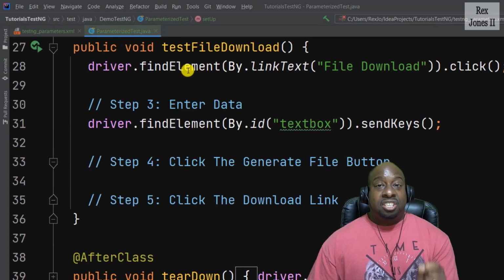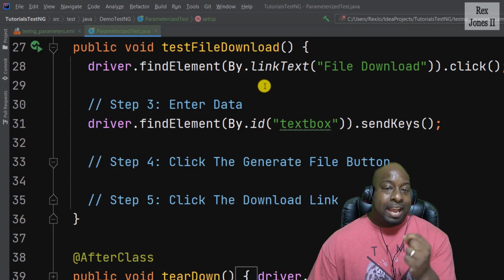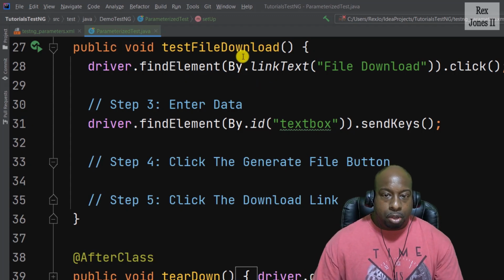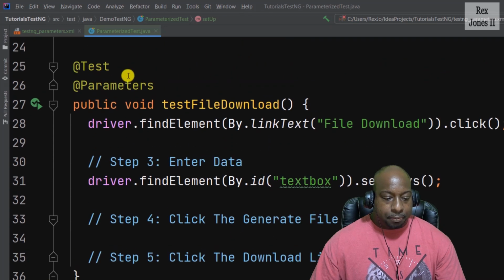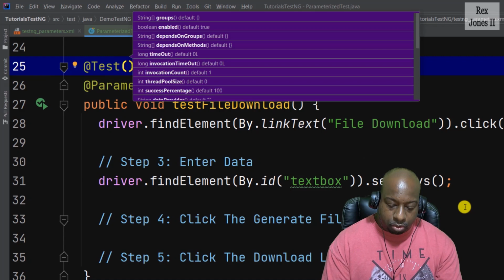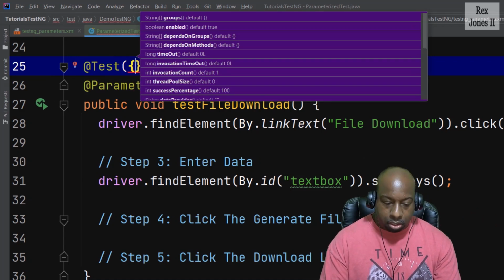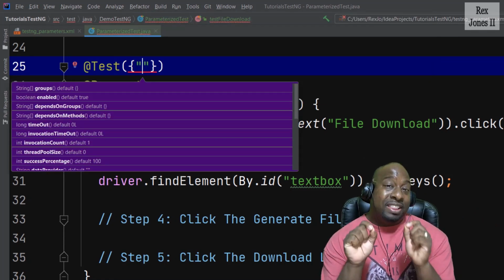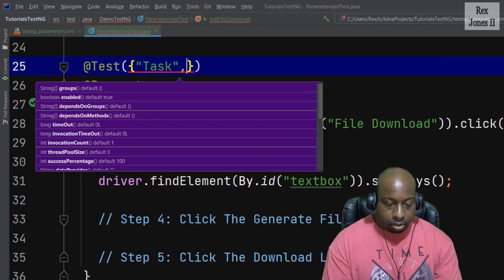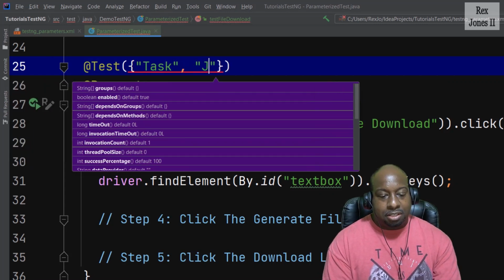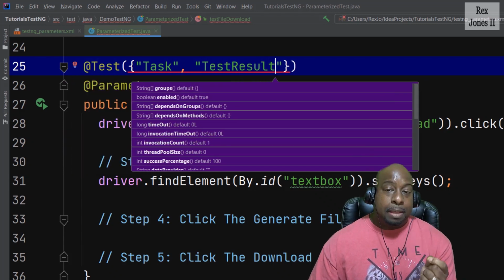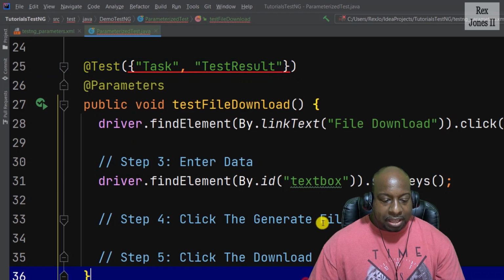So when it comes to the Java class, we pass in the data with the same concept that we did for the setup method. For the parameters annotation, we write parentheses, the curly brackets, and double quotes. Within the double quotes, we write task. Then we write test result. Then the method parameters. And the method parameters